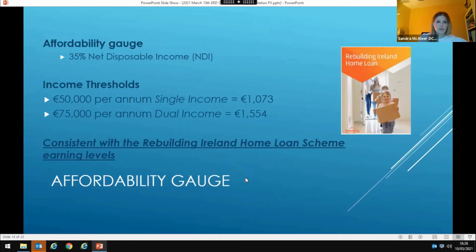So just to give you an indication of an affordability gauge, this is consistent with the Rebuilding Ireland Home Loan Scheme earning levels, which would say 35% net disposable income. So that's 35% of your take-home pay. Anything up to that is considered affordable rent. So for example, somebody on 50,000 gross as a single income would say anything under just over €1,000 would be affordable rent. And for dual income 75,